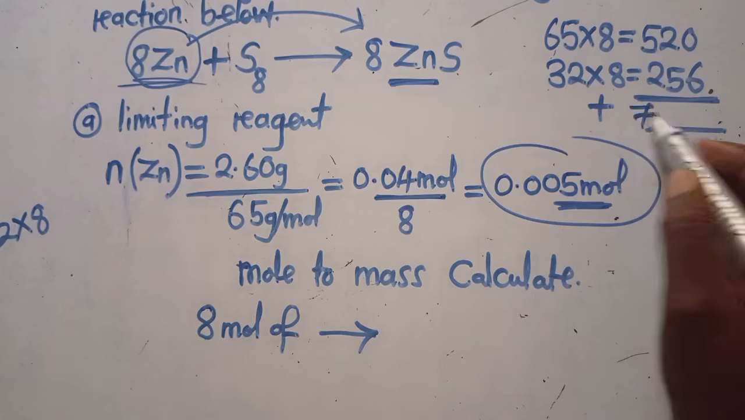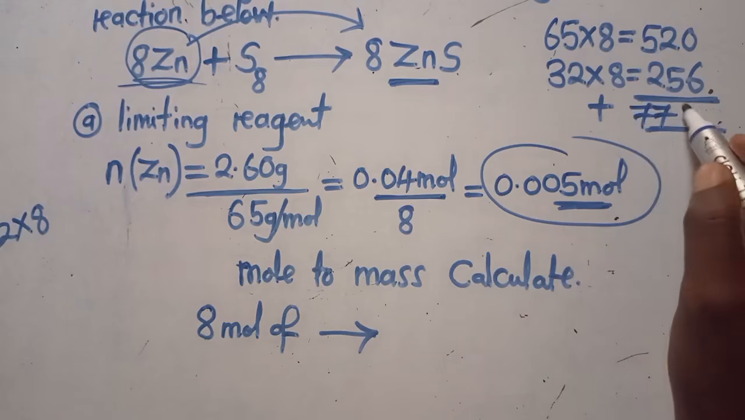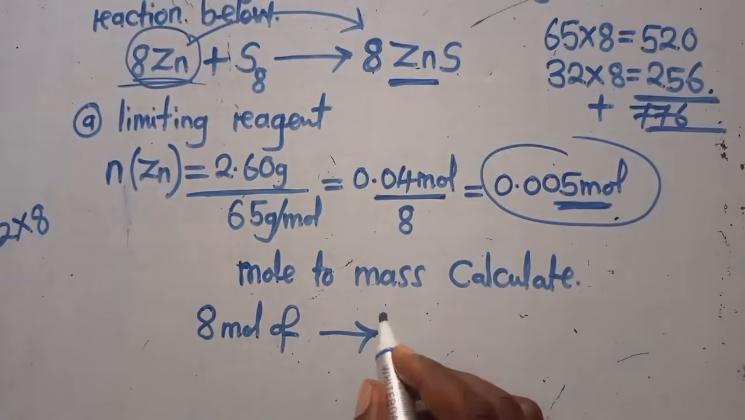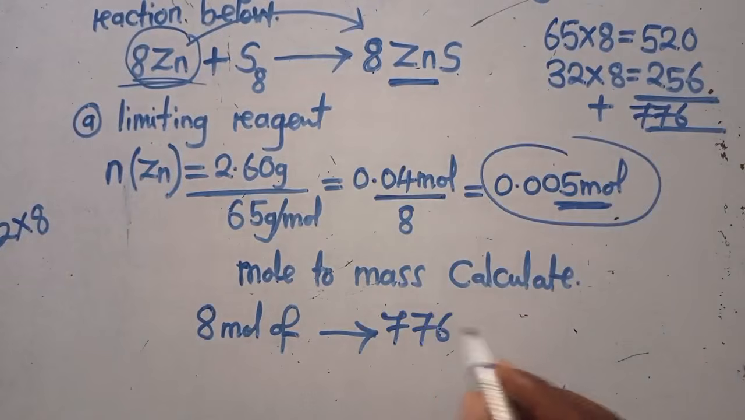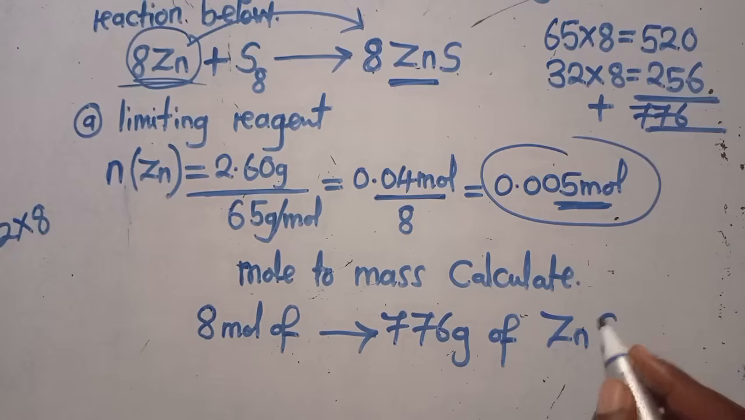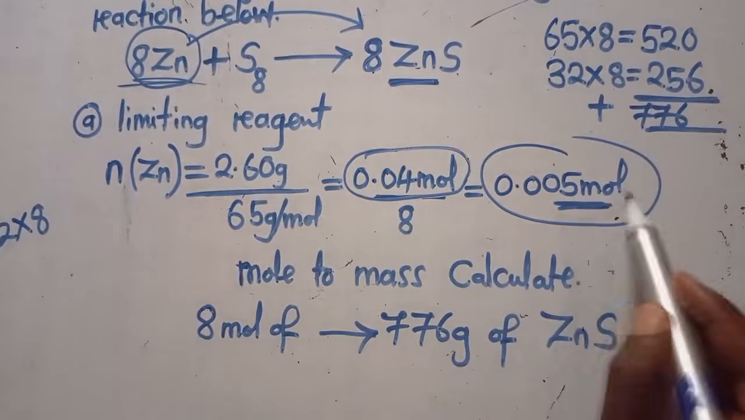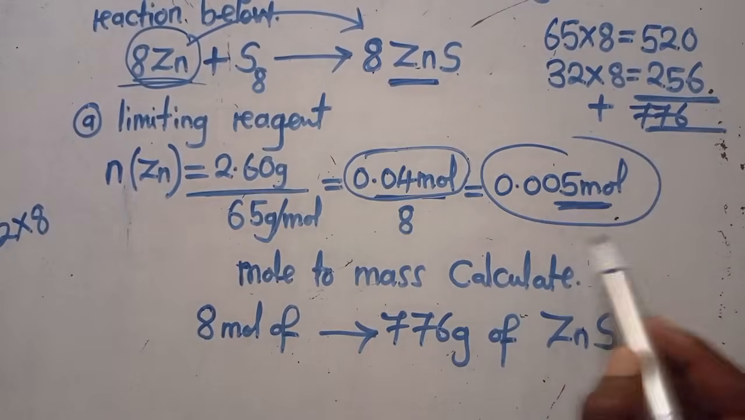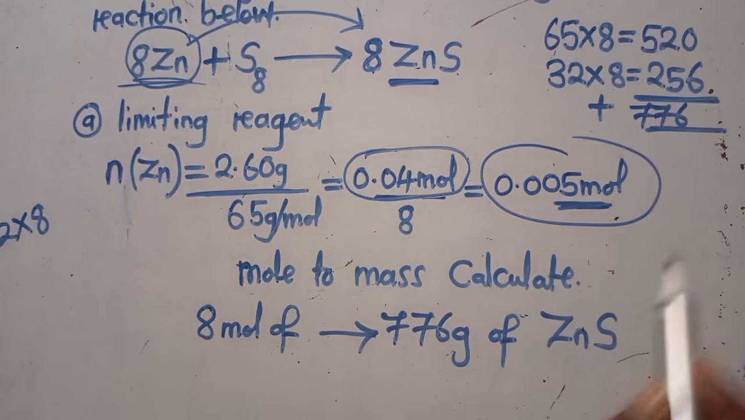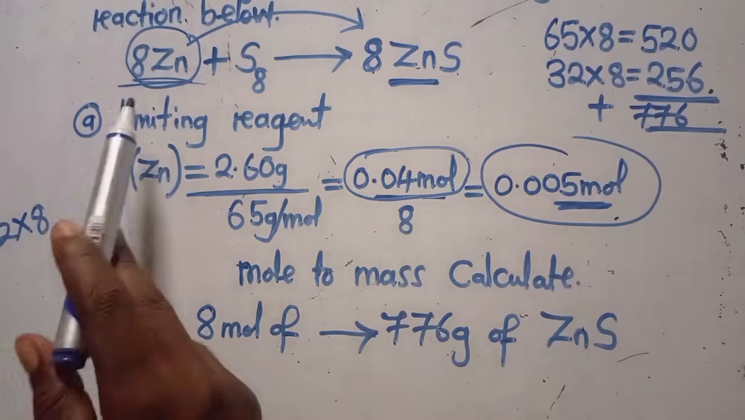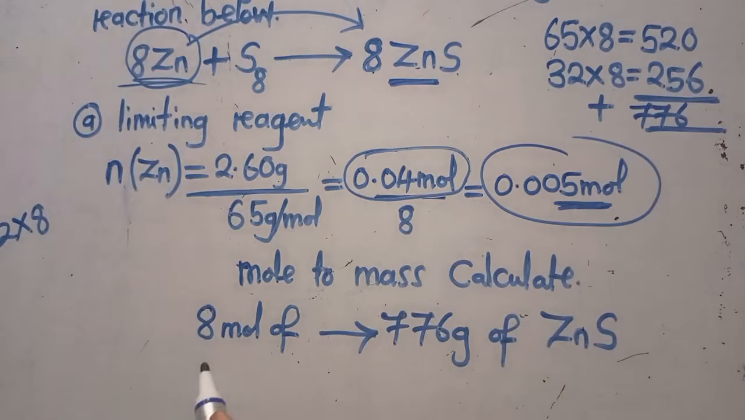I'm getting 776. I've also included this one. So it is what? 776 grams of what? Zinc sulfide. This one, I'm going to use this, not this answer, the final one. No, this one was there so that I determine the limiting reagent. That's the reason I had to divide it by this 8 that is there. So I'm going to get this one,